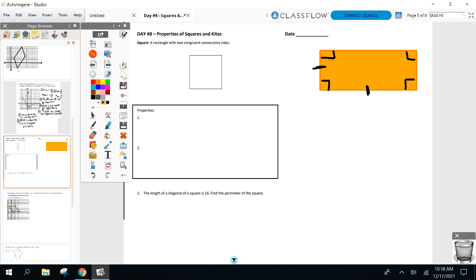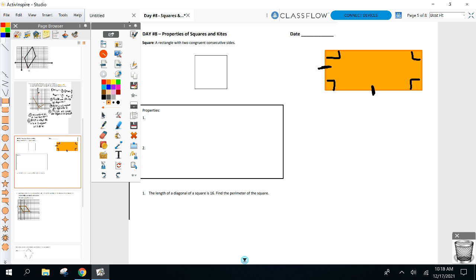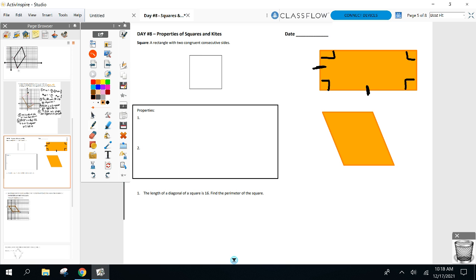Let me challenge you right now. What if I had a rhombus on my hands and I wanted to make it into a square? What do you think I would need to add into our rhombus to make it into a square? So there's my rhombus. Scott, what do you think? You said all angles congruent, meaning they're all what type of angles? 90, right? So I only need one of them because I already know the opposite and consecutive ones. All right, so that's all I need: a rhombus with a right angle or a rectangle with 2 consecutive sides